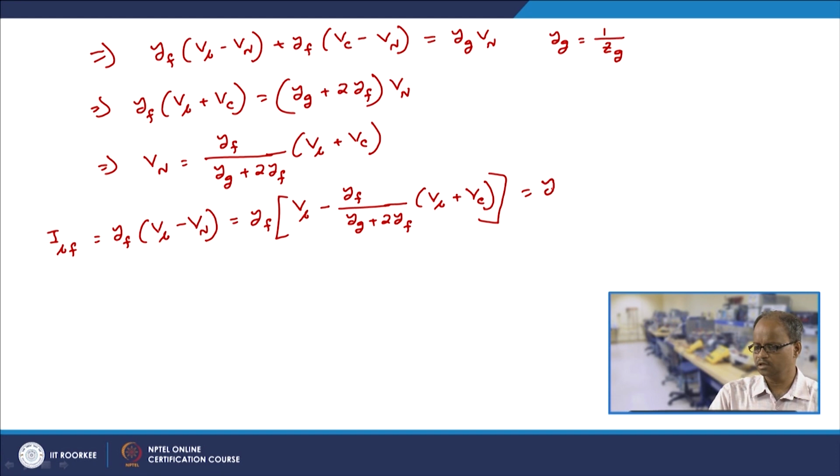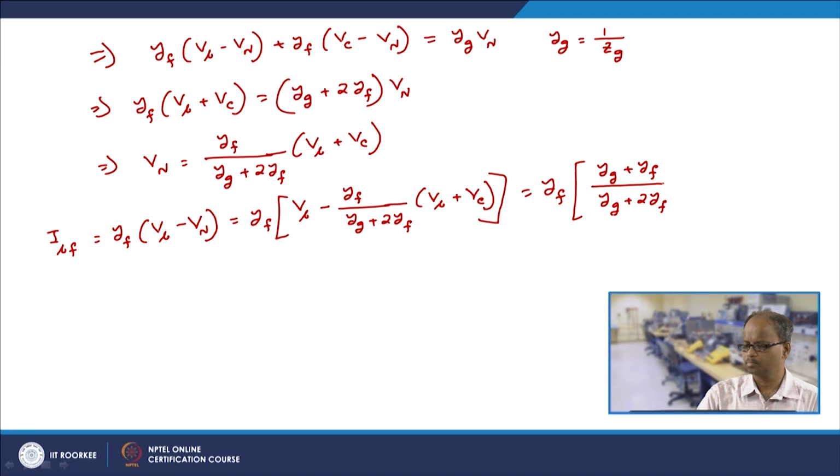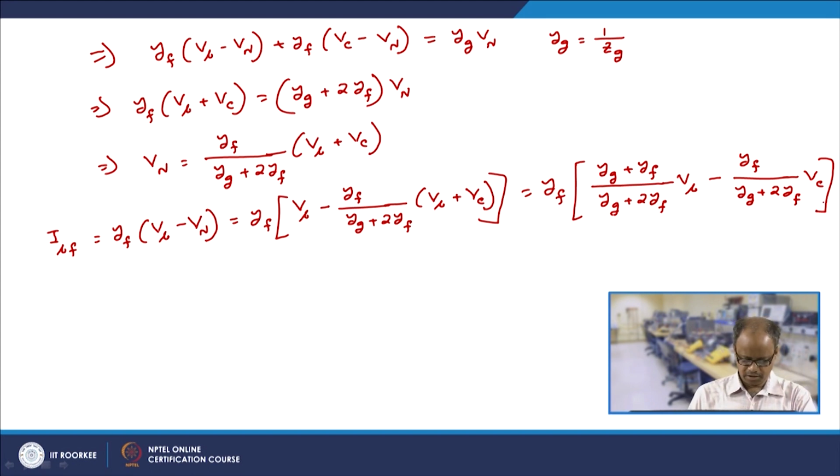So it would be Yf plus Yg by... rather, (Yf minus Yf by (Yg plus 2Yf)) into Vb, minus Yf by (Yg plus 2Yf) into Vc, right. Similarly,